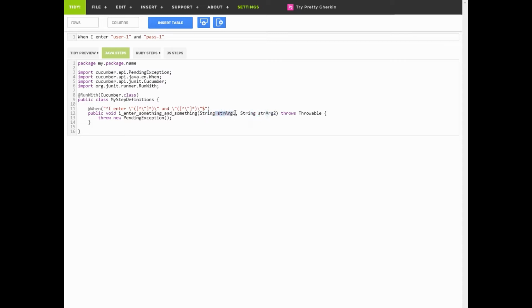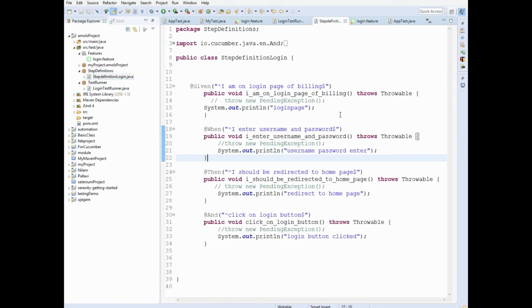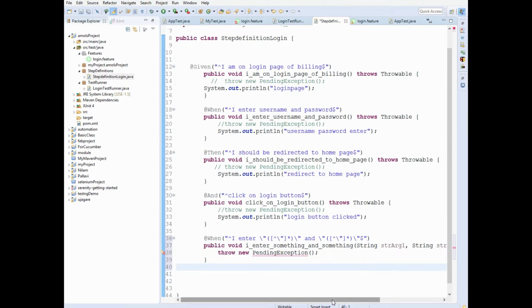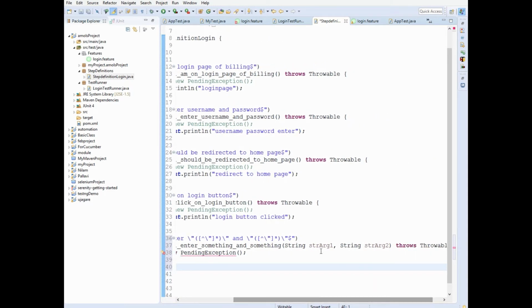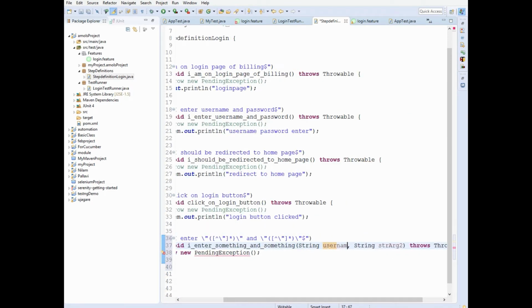So this will be considered as username and password, right? So I'll implement this into my Eclipse step definitions. You can change this name or you can use the same variables, username, password.